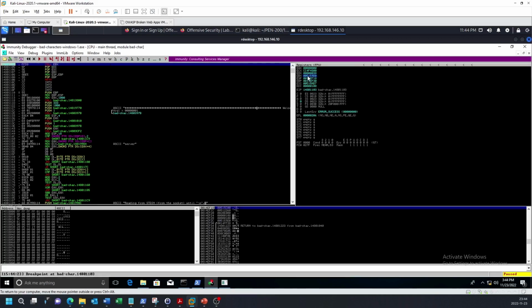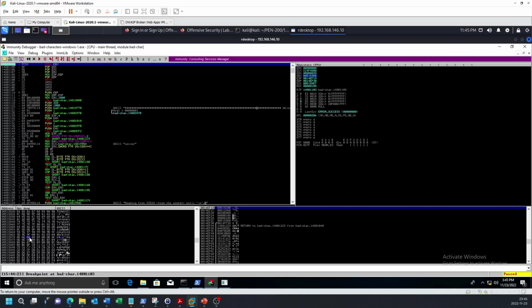Check the memory dump for the EBX register, and we're up to the 9s. So 90, 1, 2, 3, 4, 95 is a bad character, 6, 7, 8, 9, A, B, C, D, E, F. A0, 1, 2, 3, 4, 5, 6, 00.